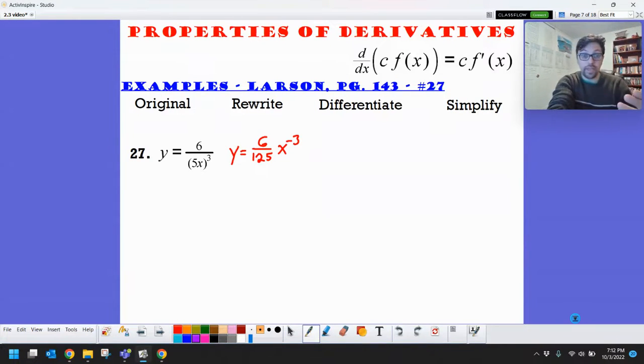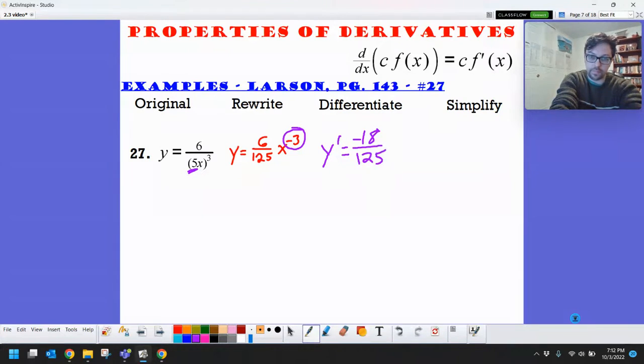In this example, that 6/25 needs to get multiplied by that negative 3 when we bring it in front after we get this exponent out of the denominator. Note that I also cubed that 5 to make it 125. So when we differentiate, y prime ends up being 6 times negative 3 is negative 18 over 125. And we've got x, that negative 3rd gets subtracted by 1, so we get negative 4. So y prime is just negative 18 over